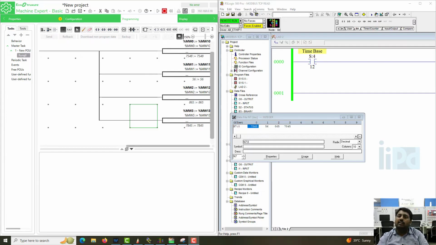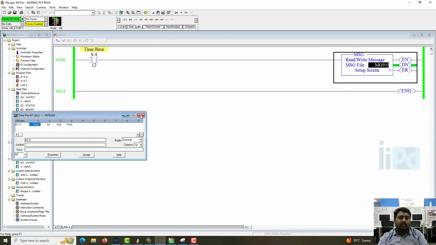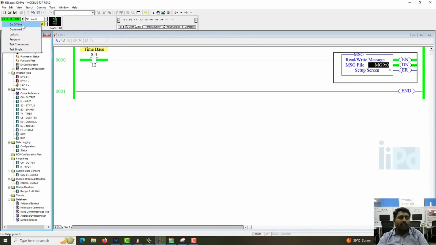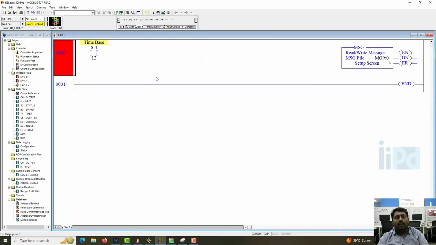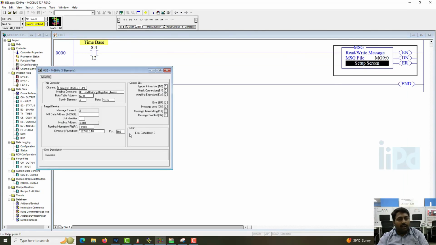Let's see how that happens now. Let's make this big, make this full screen, close it, go offline. So now when I want to write, when I read the value, I used one message instruction, right? I used one message instruction. Similarly, when I'm writing a value, I need to create another message instruction, because in Modbus,